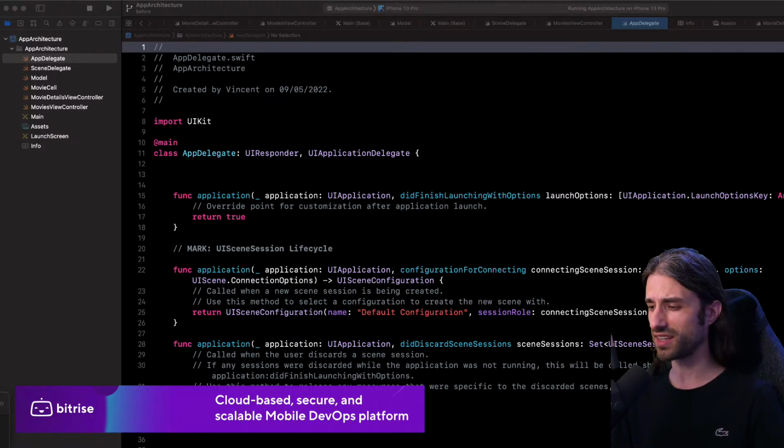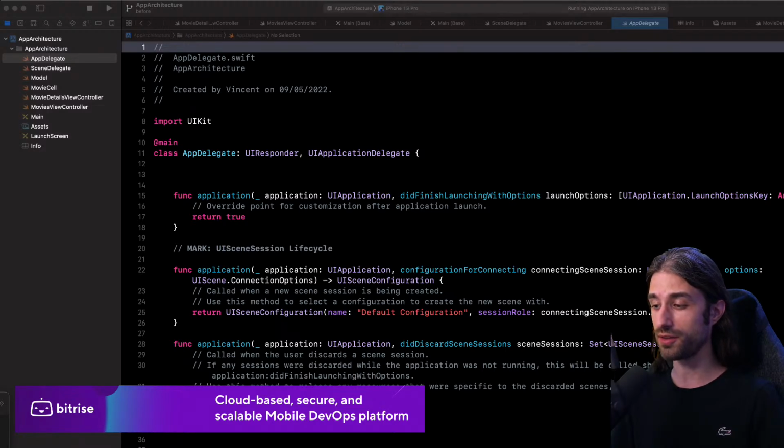Then we're going to get started into really the meat of the topic. So we will introduce the notion of a view model. A view model, in a nutshell, is introducing an object that will be responsible for the business logic of a screen. Then after that, we will talk about dependency injection. How can we make it so that inside our object, we can inject the dependencies, and this way we get some flexibility because we can inject a real object, but we can also inject a mock object. And so we are also going to see how we can implement a mock inside an iOS app.